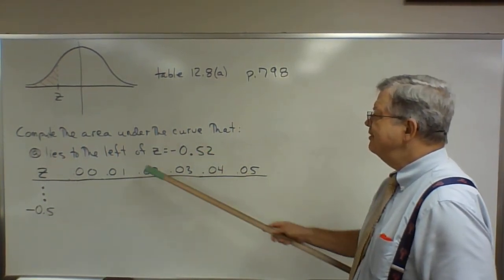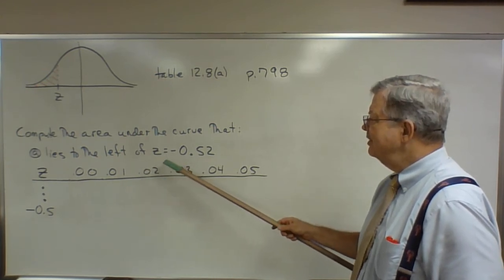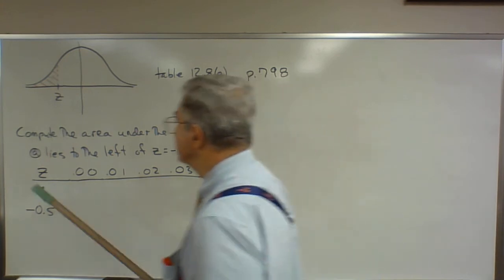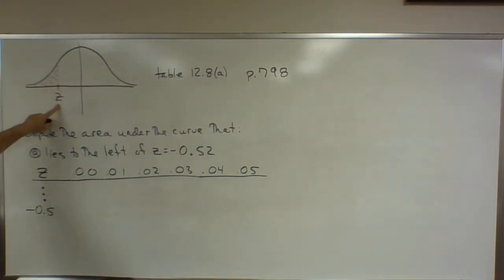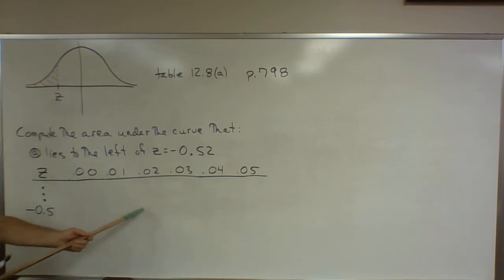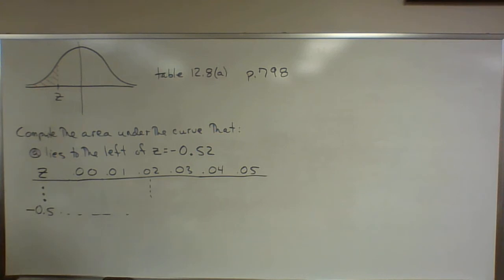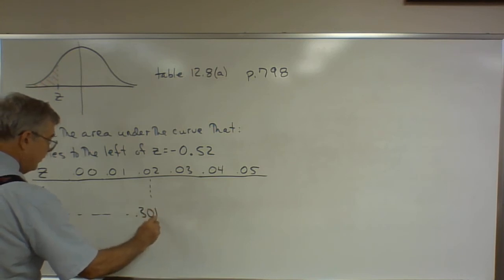Compute the area under the curve that lies to the left of z equals negative 0.52. We're computing this area, and z equals negative 0.52. So we go to the z column, and we go down the z column until we hit the row headed by 0.5. And then we go across the row headed by 0.5 until we hit the column that's headed by 0.02. And that will give us negative 0.52. The answer that we should see there is